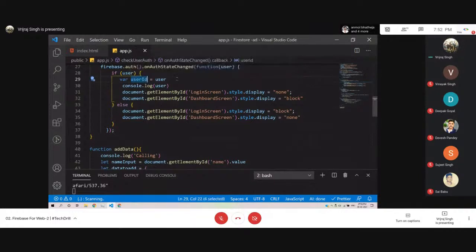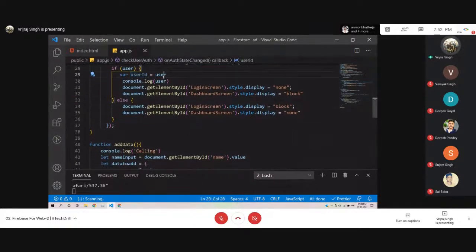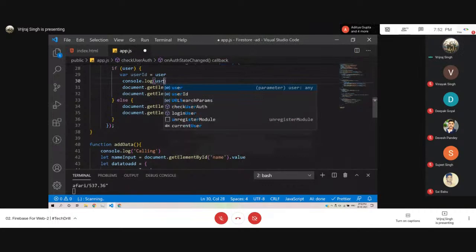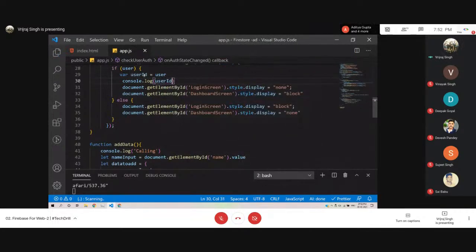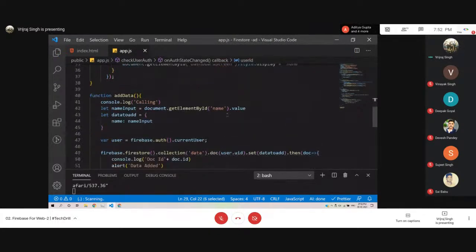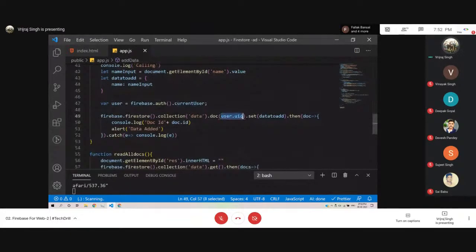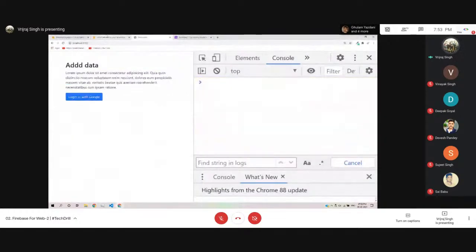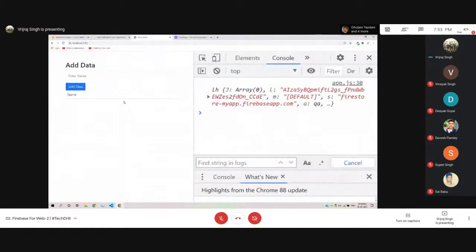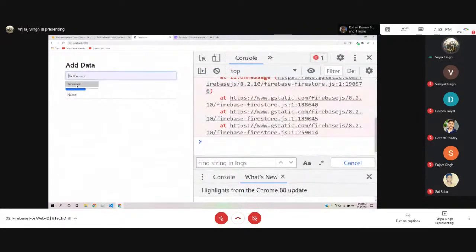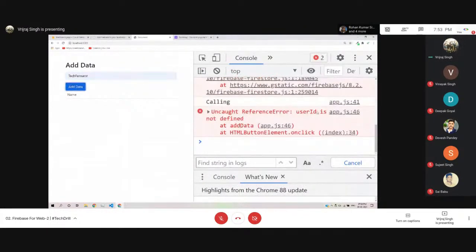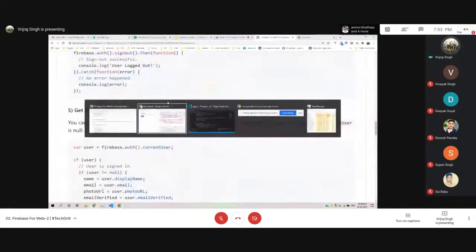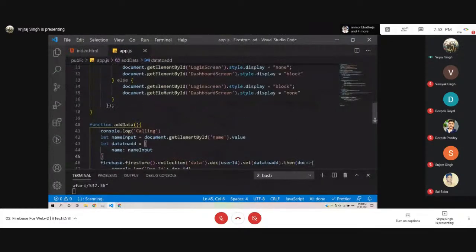Okay, and then here you can print user ID, and you can access the user ID here. I'll just reload this page. So we'll try. User ID is not defined. Okay, we need to call